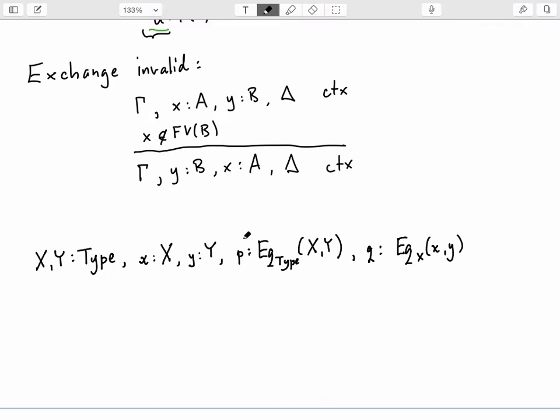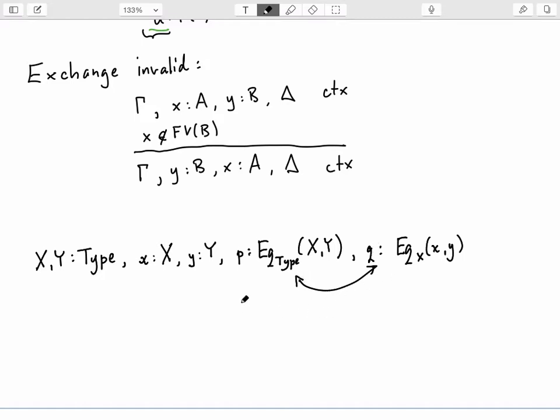So now, is this a valid context? Yes, this is a valid context. So up to here, there is no trouble. Here, you look at this and you say, well, how can this be? For this to be the case, x has to have type X. Okay, yes, it does. And y has to have type X, but it doesn't. Y has type Y. However, by using reflection and p, I see that X and Y are equal types. Therefore, this is okay. But now, if I switch these two over, p and q,